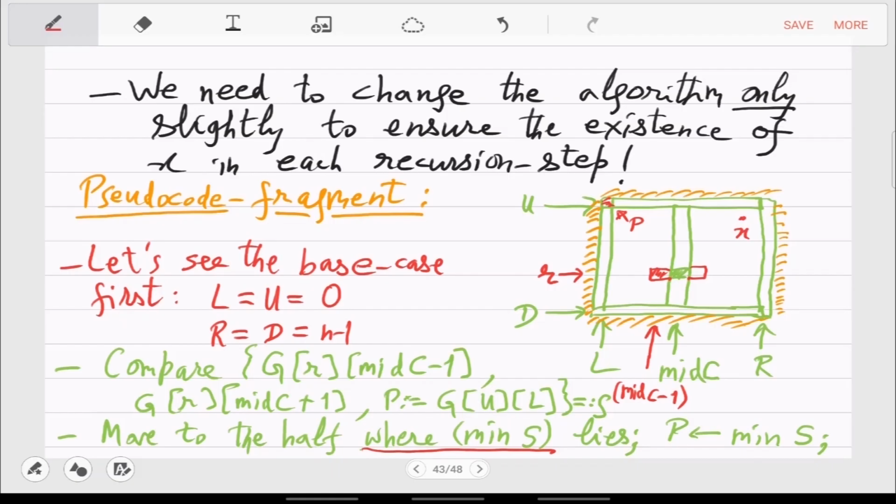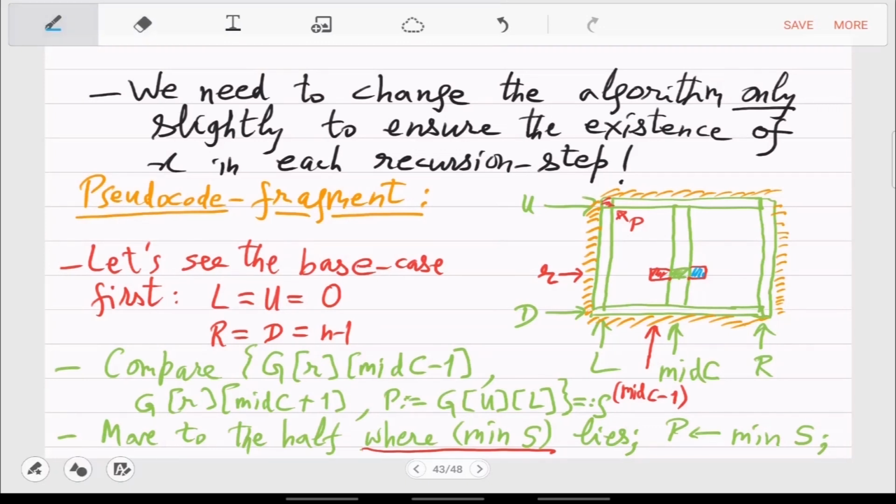So now, is it possible for you to analyze this first step? When we look at the middle column, say this blue cell, and let me remove this X now.